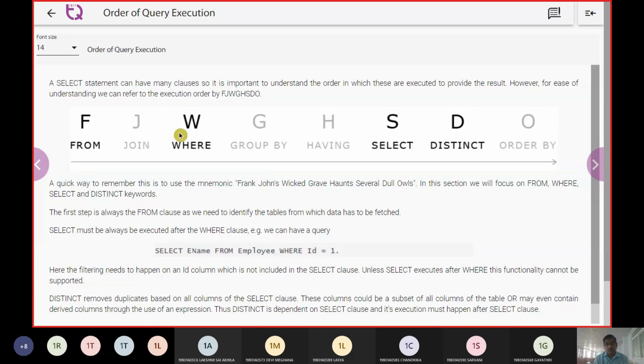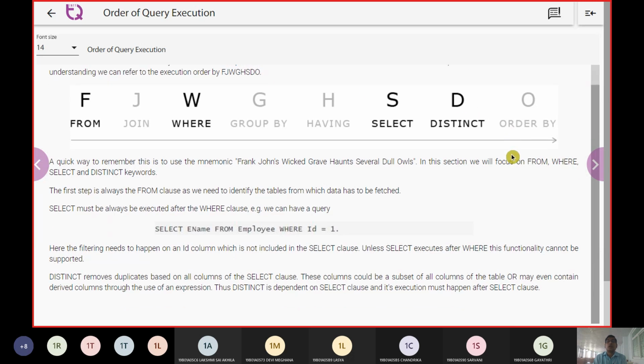F stands for from clause, J stands for join clause, W stands for where clause, G stands for group by clause, H stands for having clause, S stands for the select clause, D stands for the distinct keyword, and O stands for order by. So this is what we have to check.